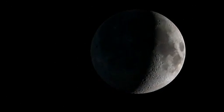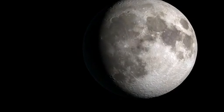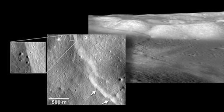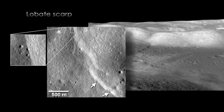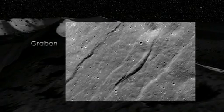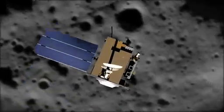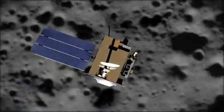And in that model, the balance of stresses or forces that are acting on the moon would allow us to form both these small lobate scarps that show contraction, as well as these small graben that show the moon being pulled apart. One of the really exciting returns of the Lunar Reconnaissance Orbiter mission is that we've seen this now